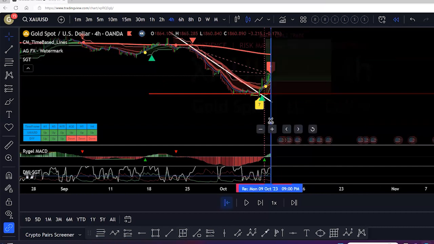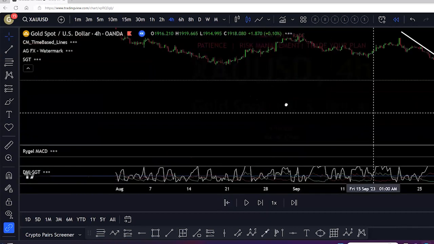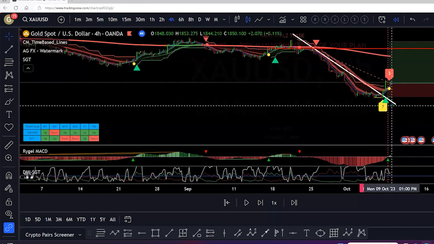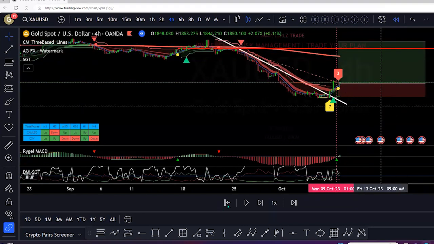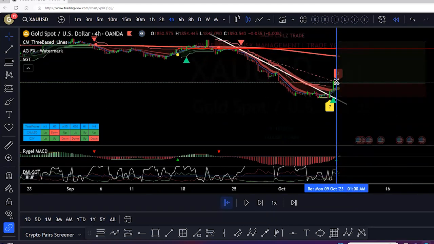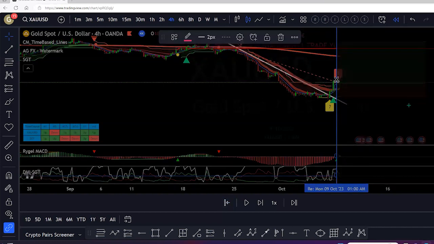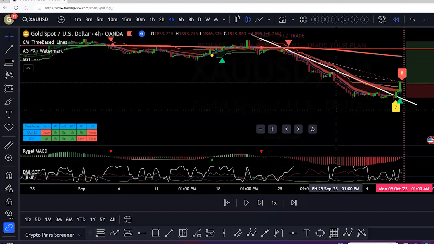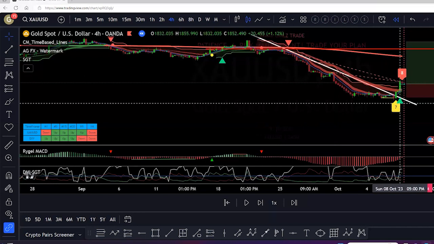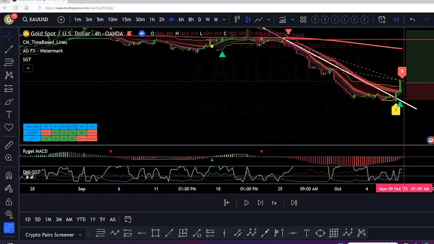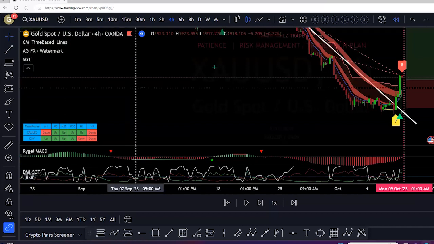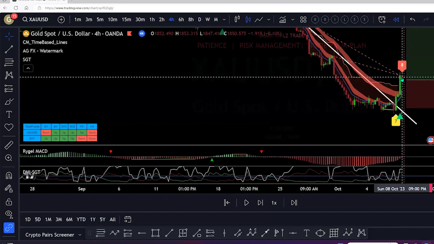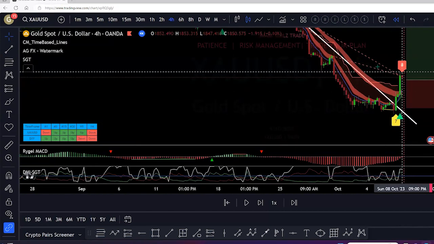Hold on. When you're looking at this chart, wait for it to load. Okay, so at that first, I'm trying to get it as close to where we would have looked at the chart as possible. Okay, so right here, you got to remember that this is a 4-hour time frame. And it's gold, so this is a really strong move. So you probably have a little bit of a pullback right here, this divergence,